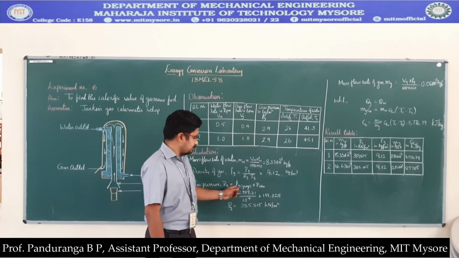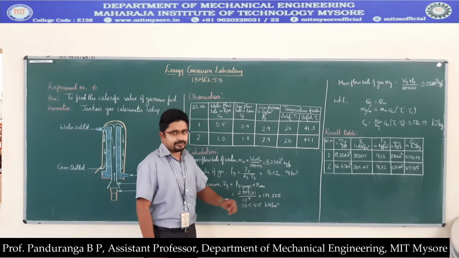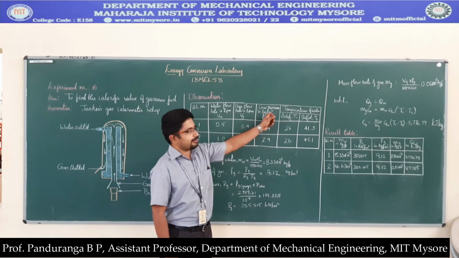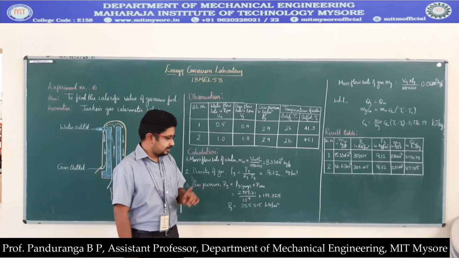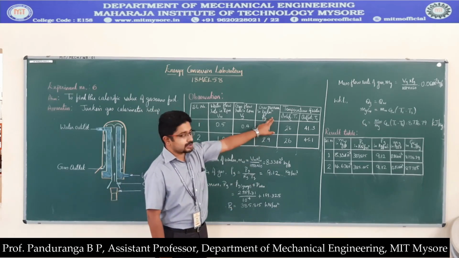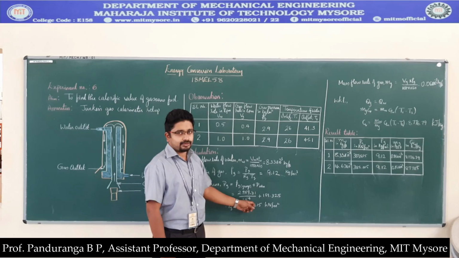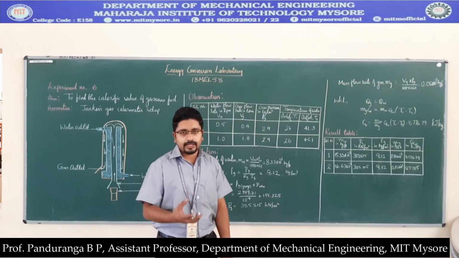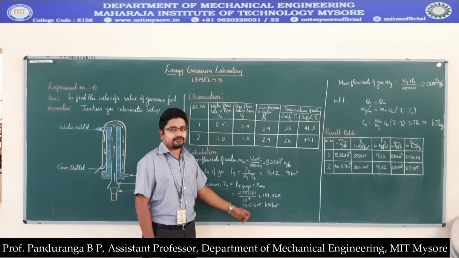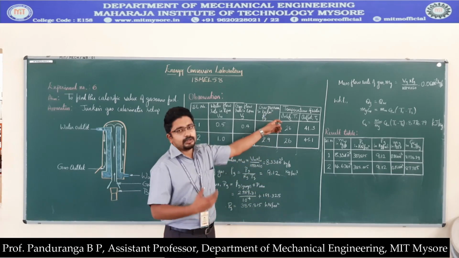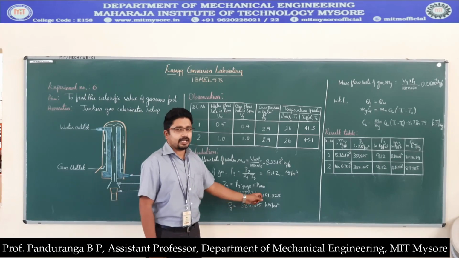So the gas pressure is given by the gauge pressure, which we are measuring with the help of the pressure gauge, plus atmospheric pressure. And the gauge pressure, if you see, is in kg per centimeter square. That should be converted to Newton per meter square. Again here, to convert centimeter square to meter square, I am dividing this by 10 to the power of minus 4. Centimeter is 10 to the power of minus 2, squared is 10 to the power of minus 4. So by dividing this by 10 to the power of minus 4, I am converting centimeter square to meter square. And then to convert kg to Newton, we need to multiply it by 9.81.